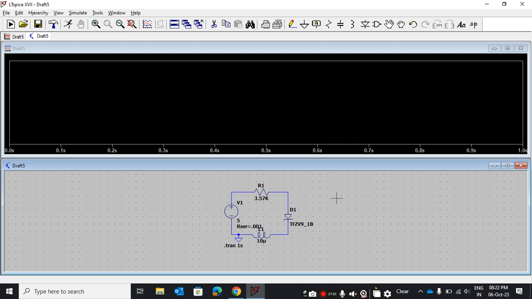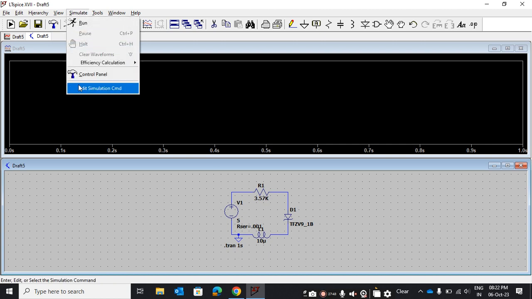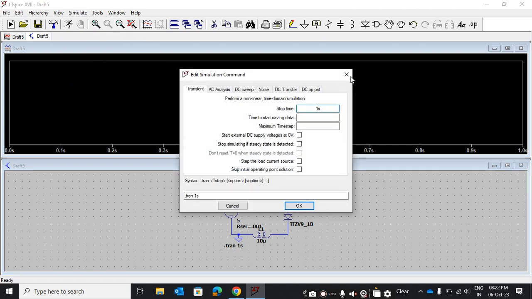Up to 1 second it will show how much the voltage is changing. The circuit will run up to 1 second. Now if you want to edit again, go to simulate and edit the timing.